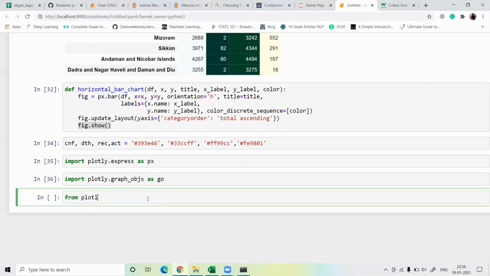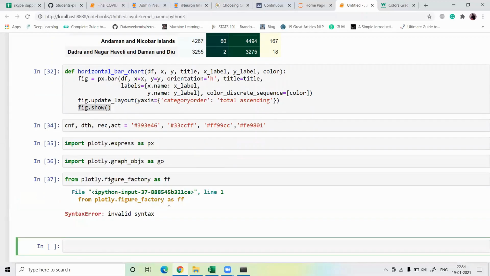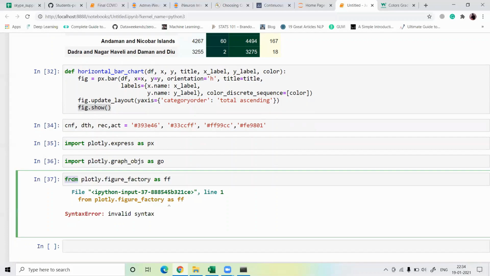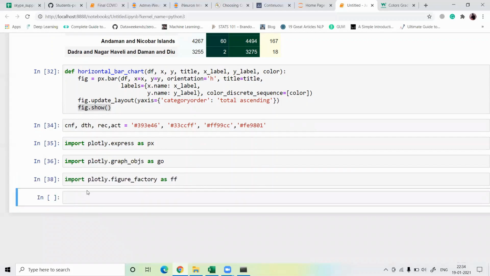From plotly.figure_factory import as ff. Okay, these are the imports.